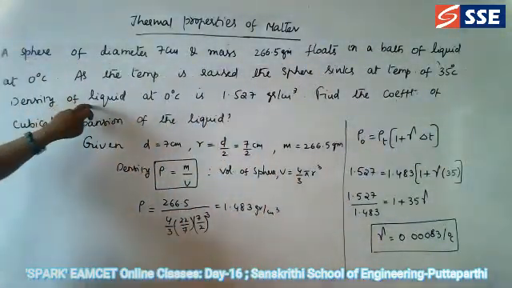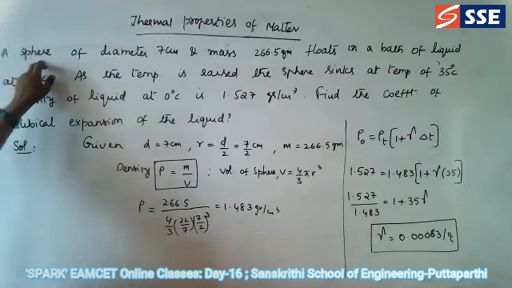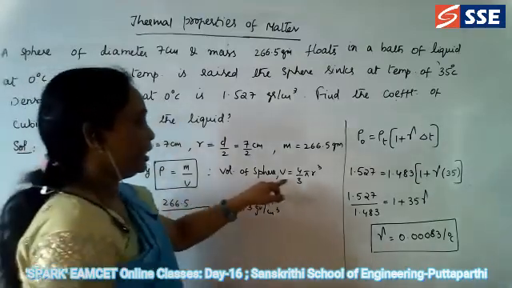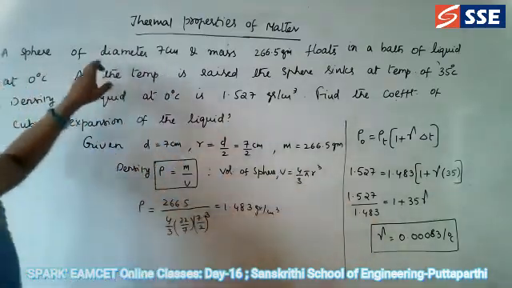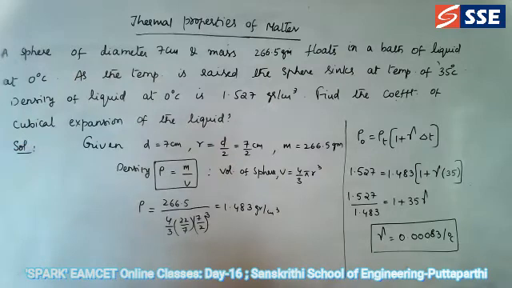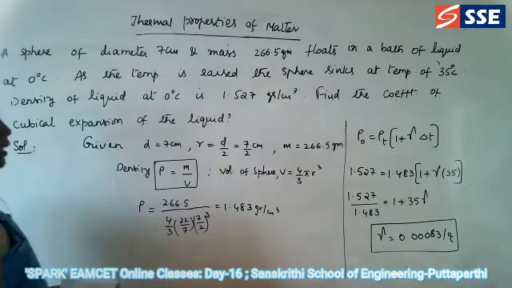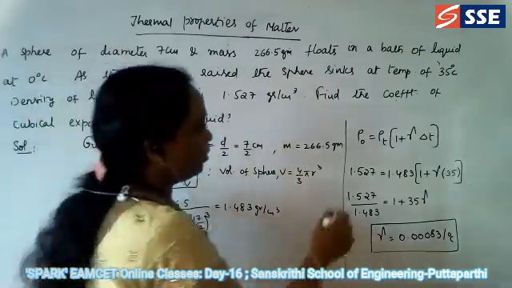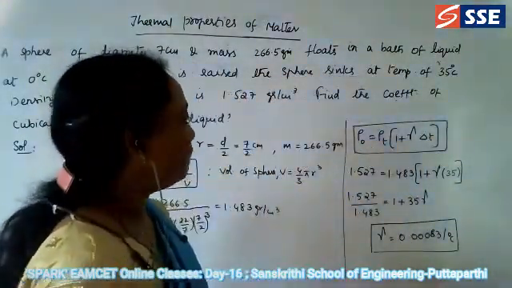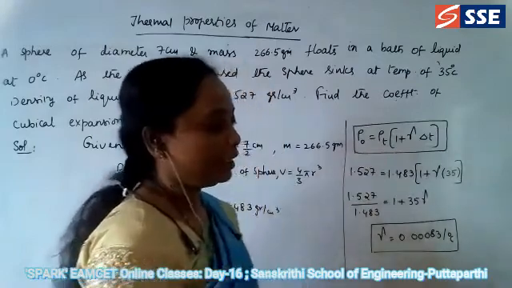Since the temperatures 0 degrees and 35 degrees are given, and here a sphere is given, first we have to calculate the volume of sphere. So volume of sphere we are taking directly as 4/3 pi r cube. Here diameter is given, not radius. Radius is not given, directly diameter is given. So that's why we have substituted; first we have calculated the density at temperature T. So this is the formula, note it down. We can do this problem directly with the formula rho naught is equal to rho t into 1 plus gamma into delta t.